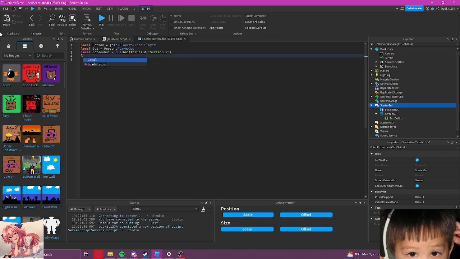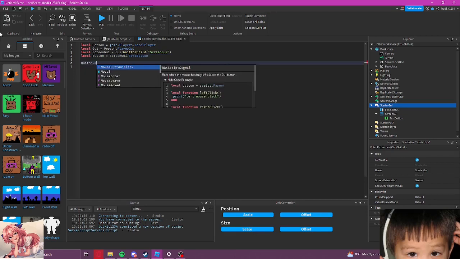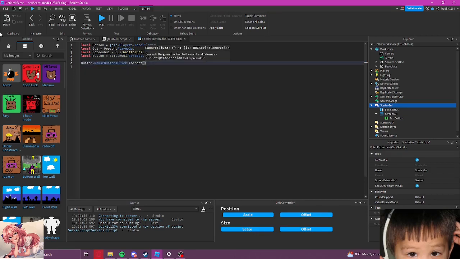Then local button equals screenGui.TextButton. Alright, button.MouseButton1Click:Connect function, boom.